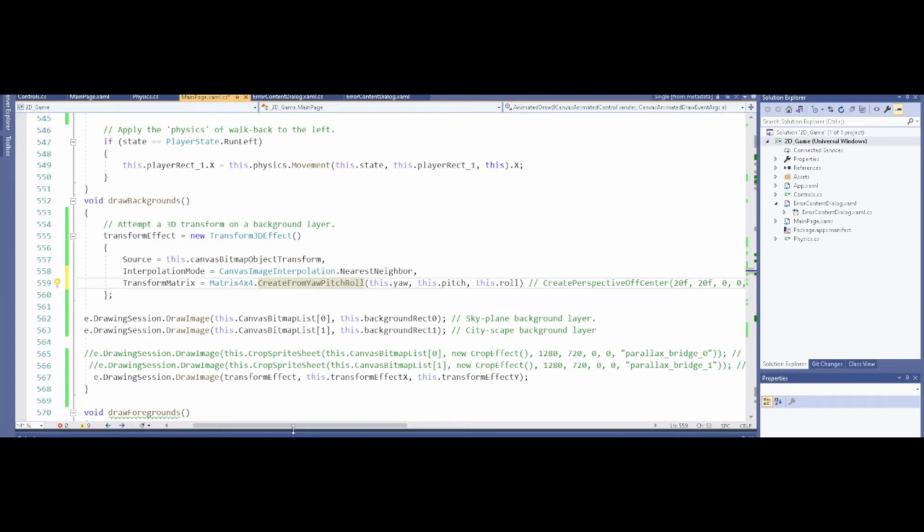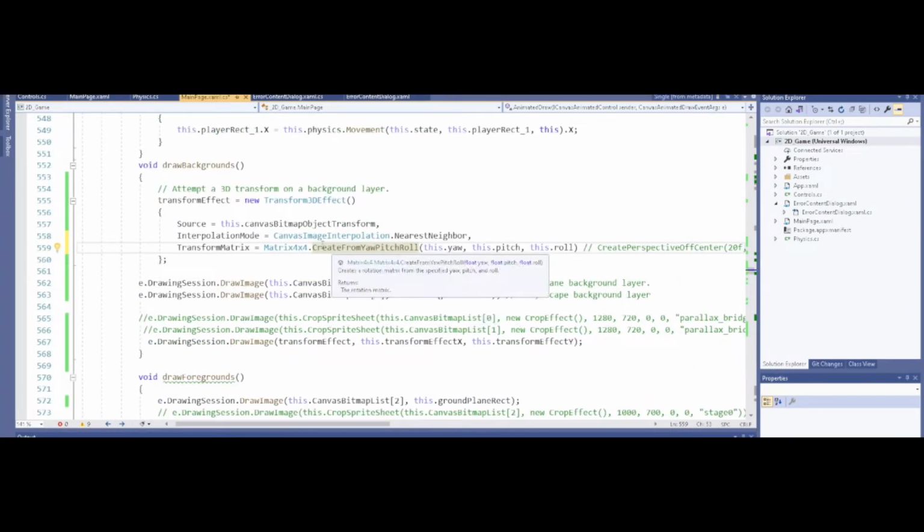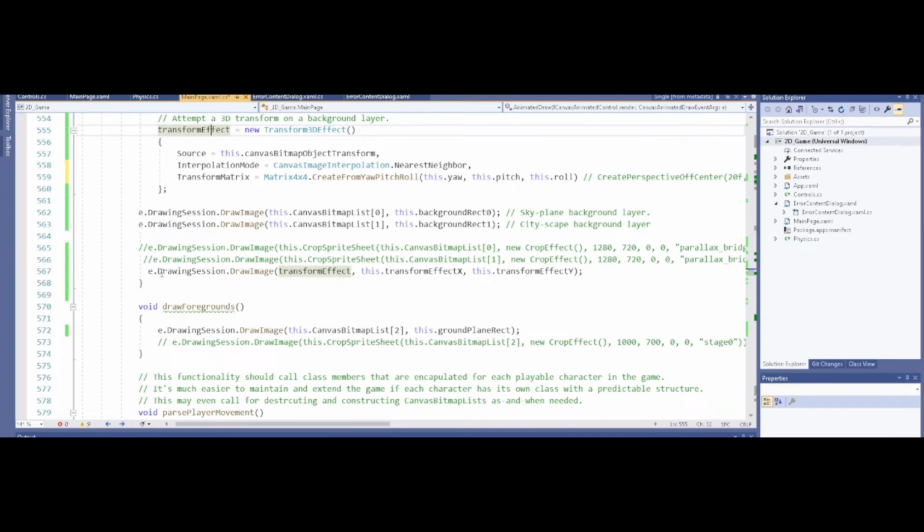So, and what I do after that is that I'm just drawing the output image. So if I just go ahead and highlight transform effect, you can see down here, I'm calling e.drawing session.draw image, and I'm passing the transform effect. And what else am I passing there? The X and Y position, which are also globals, transform effect X and transform effect Y. So what I did is that if I just scroll down,